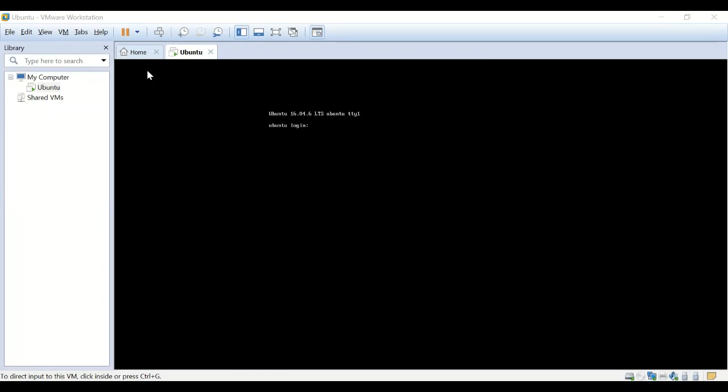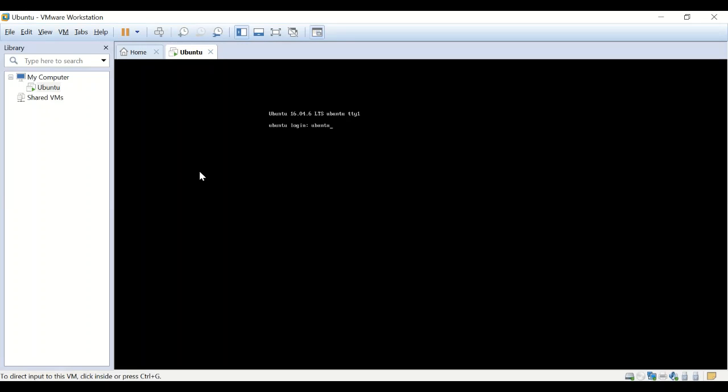This is the screen that is shown after starting, that is powering on, the Ubuntu. First, we need to give the user login name, whichever I have given during the installation. If you need the installation guide, you can comment on this video. I would show the procedure to download the VMware software and also to install Ubuntu in the VMware. If you guys need to know how to do this procedure, you can comment in the comment box and I would make a video on it.